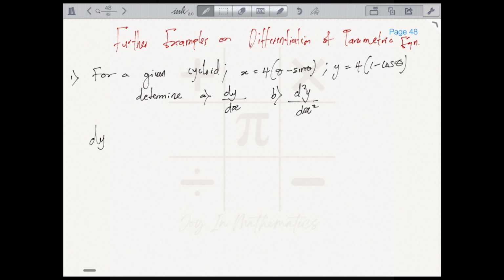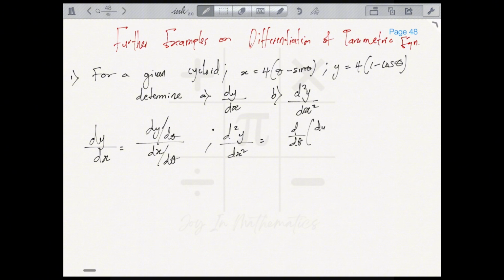Now let's recall that dy/dx is given as dy/d theta divided by dx/d theta. Remember that theta is the parameter. And d²y/dx² is given as d/d theta of dy/dx divided by dx/d theta. So in this case now,